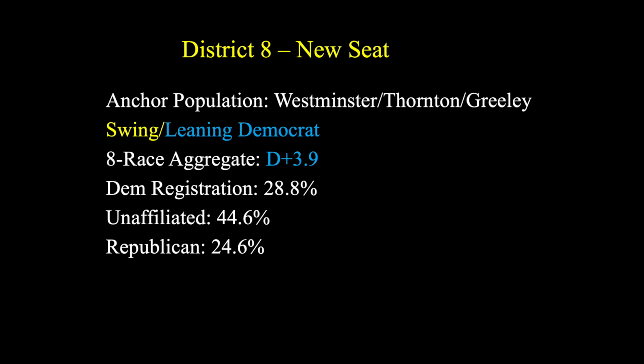So in an open configuration, particularly if it's a good Republican year, the Republicans could have a chance to grab this district, and that would be a huge plus for them. I think right now it looks like it would lean towards the Democrats. So I think what we have in this map, and as you notice, the registration favors them a little bit, basically 29 to 25, about a 4-point swing in favor of the Democrats, but not unwinnable for a strong Republican